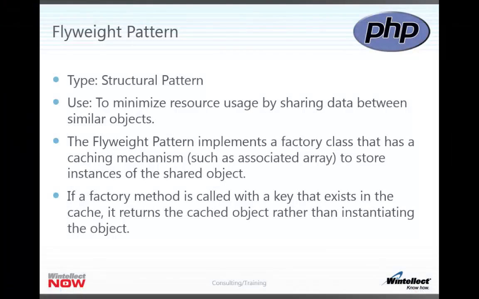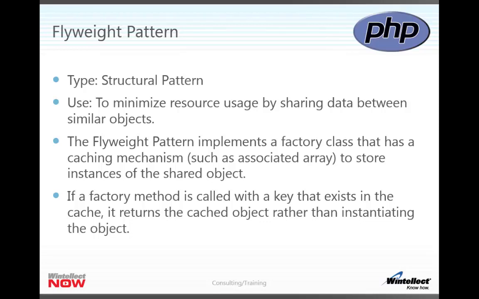The flyweight pattern is a structural pattern that is aimed at minimizing resources used by sharing data between similar objects. The flyweight pattern implements a factory class that has a caching mechanism, such as an associative array in PHP, to store instances of that object. And then in that factory class there is a factory method that accepts a parameter of a key, and if that key exists inside the cache, then it will return